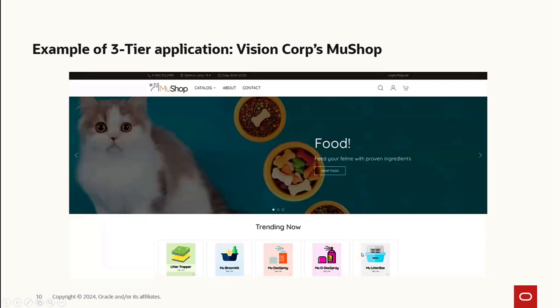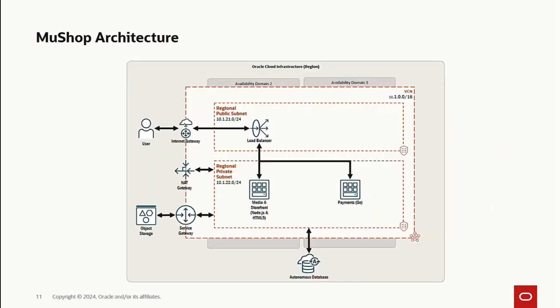So let's look at a particular example just for the sake of anchoring the ideas that we've talked about in abstract to a particular instance. One of those scientifically proven ways to increase your memory of a particular type of training. So we'll look at this MuShop architecture that's been put in place for a